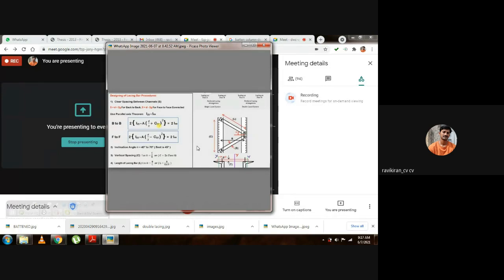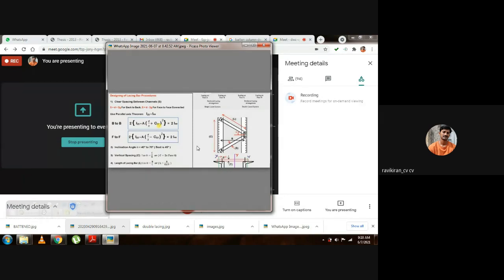And where lacing bars are not lapped from the connection to the components of the member, they shall be so connected that there is no appreciable. This is not going to be used in our case. And next, while designing the lacing, you should consider some percentage of load. How much should you consider? That will be 2.5% of the axial load. Whatever the axial load provided in the question or coming on the column, you should consider 2.5% of that load. Okay. Same way, that can be called transverse shear.